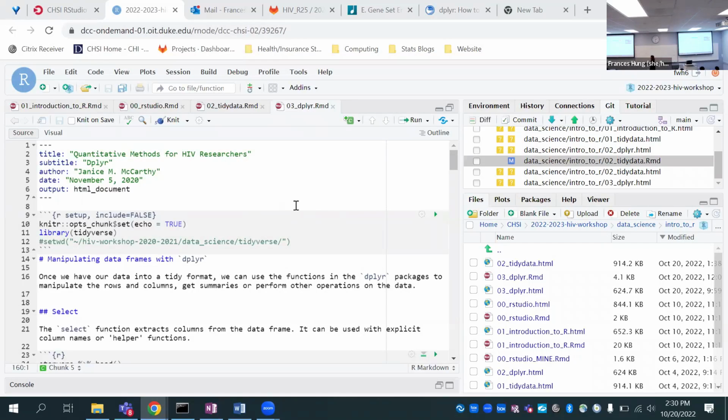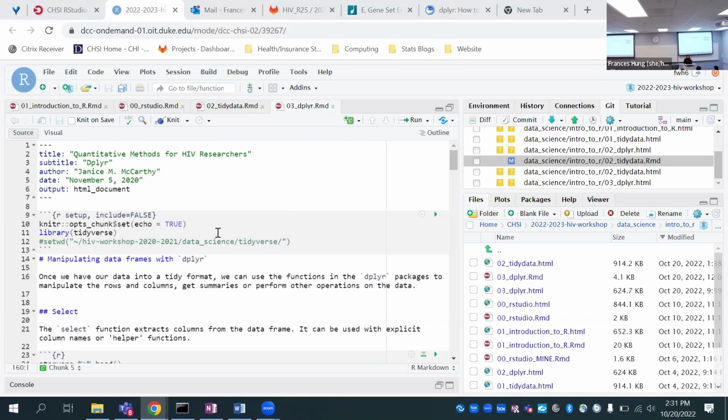And just for some background, dplyr is one of the libraries inside of the tidyverse universe. The tidyverse universe is actually a big compilation of different libraries. We have ggplot for plotting, we have dplyr for wrangling data and making it tidy, and we have other libraries as well inside this tidyverse.